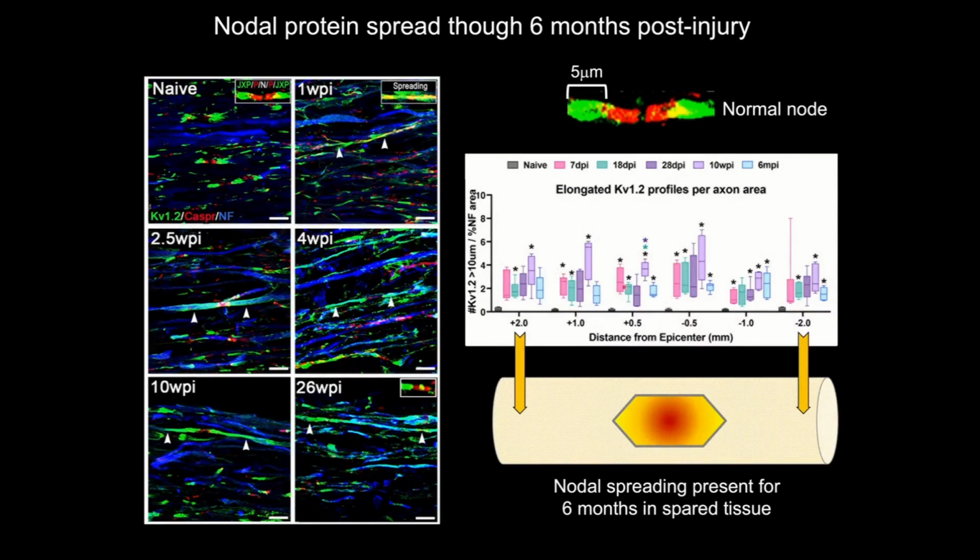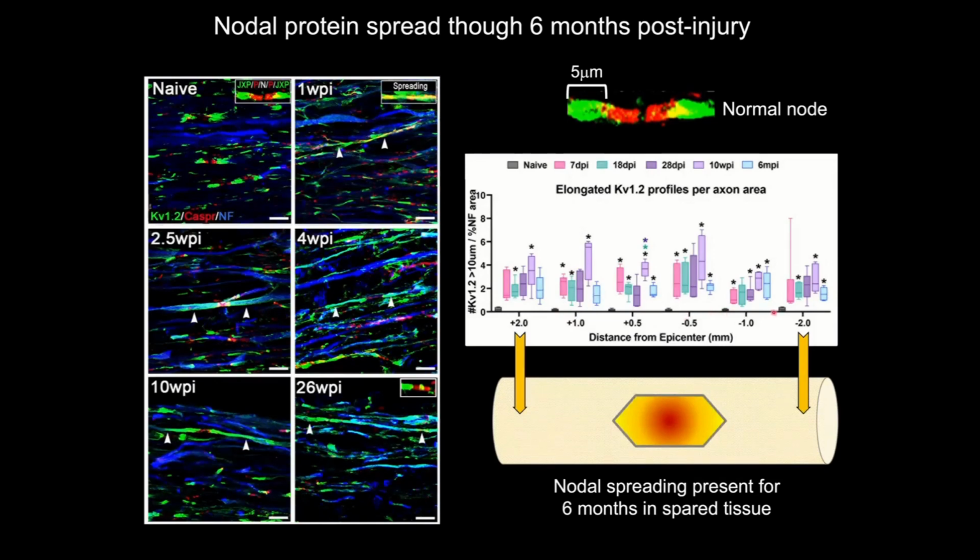So it's a lot of data, but you can see again, here are the epicenter sections, which correspond to around this area in our mice spinal cords, out to 2 millimeters rostral and caudal. And these bars are showing how these tissue sections change over time, with our naive animals low. So this graph, I should say, is showing you the elongated potassium channels. In this graph, we imaged and quantified how many of these channel profiles are longer than 5 microns, like these shown over here in this example.